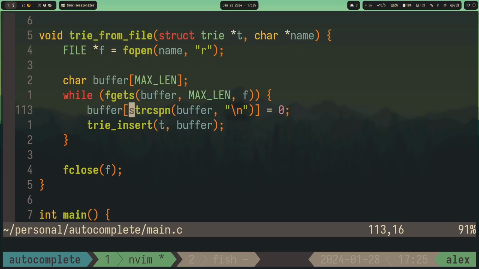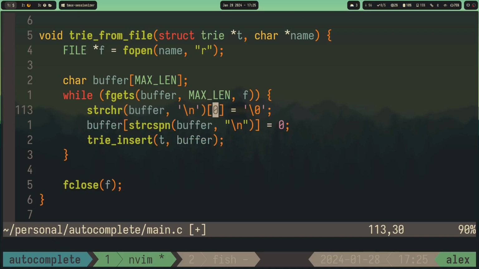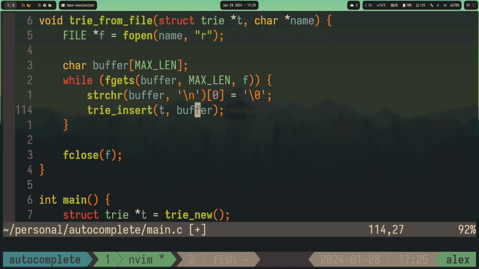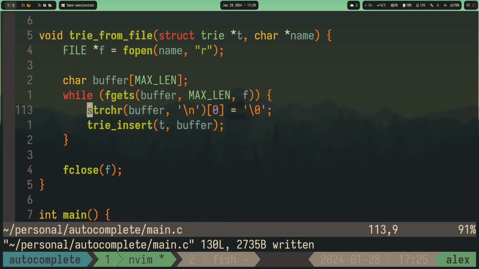Hey, it's like a search. But why do you need to do it like this? Why not like strchr? Why not like this? Why use random? Anyway,